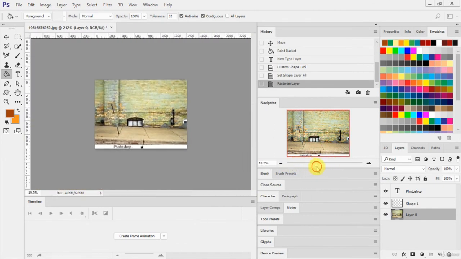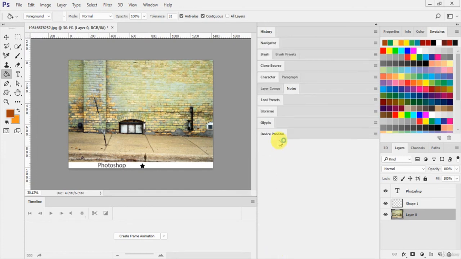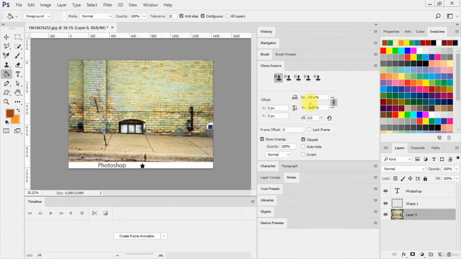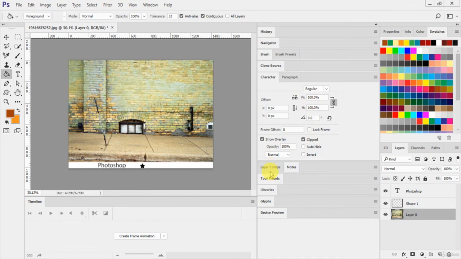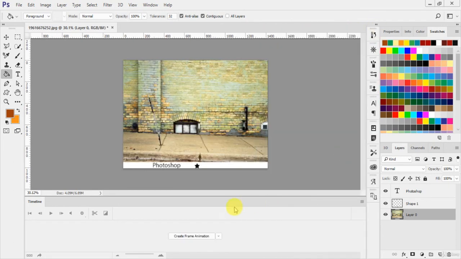Okay, and here you can see the tools that I just used. The last one I used is the device preview, then the tool presets. Okay, clone sources: you can do the cloning or change the clone sources from here. Just like the character properties, you can change the character properties from here. All right, just collapse this one. So these are the tools that we use in the